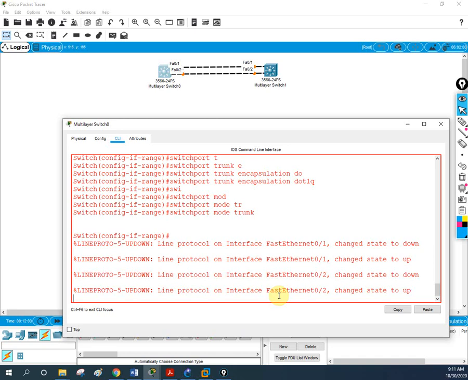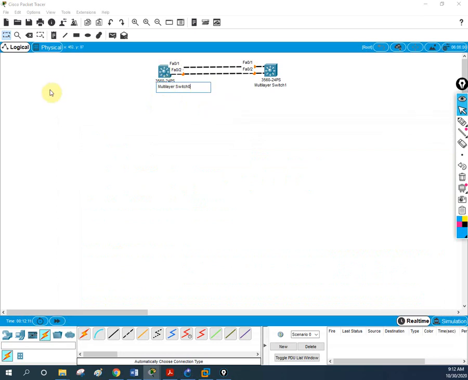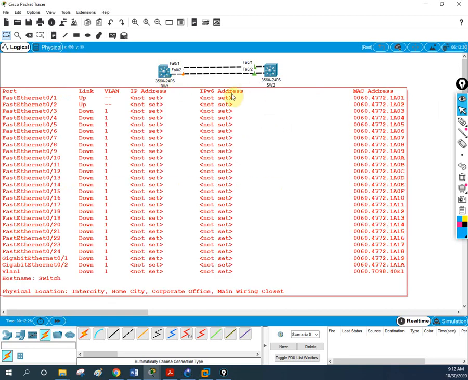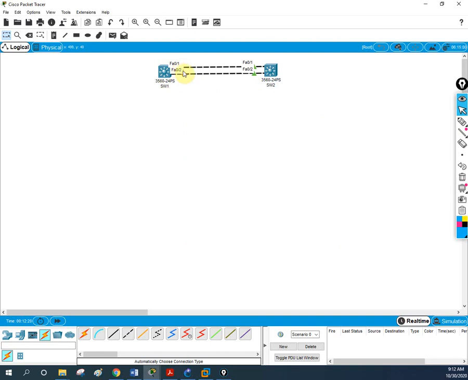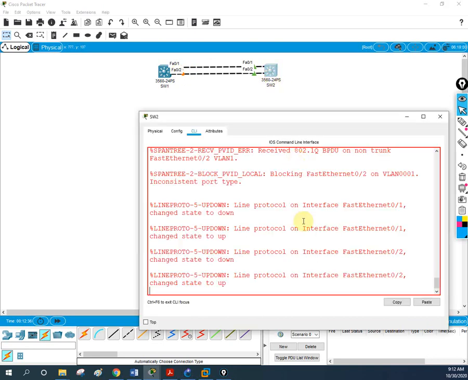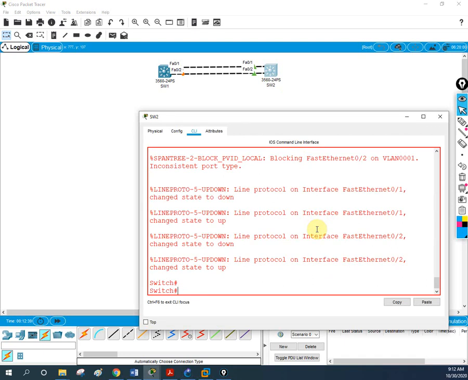Anyhow, what I did here is put one side of the interface of switch 1 in the trunk. Let me rename this as SW1, and this one as SW2. So we can say on switch 1, interface F0/1 and F0/2 I put in the trunk. When we put one interface of the switch in the trunk, the opposite interface automatically goes into trunk as well. If you want to check, we can check also.